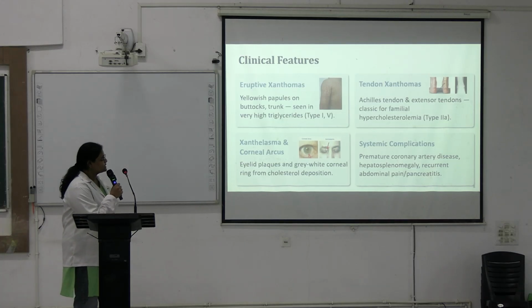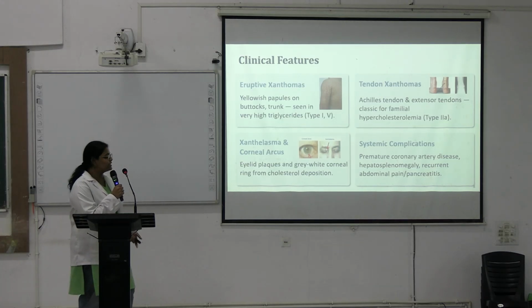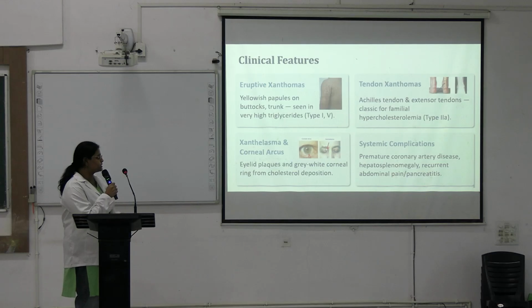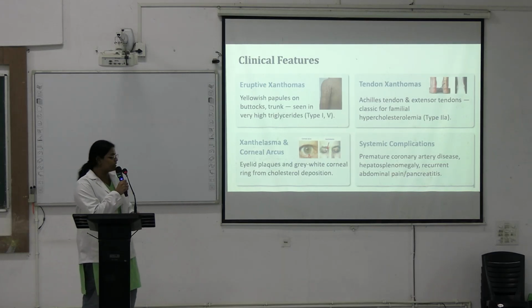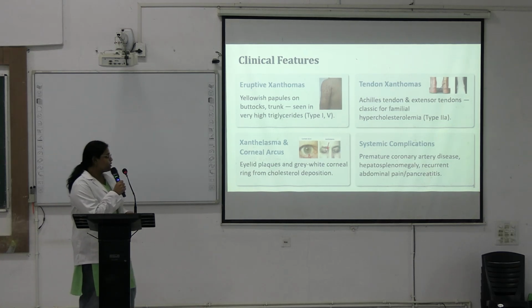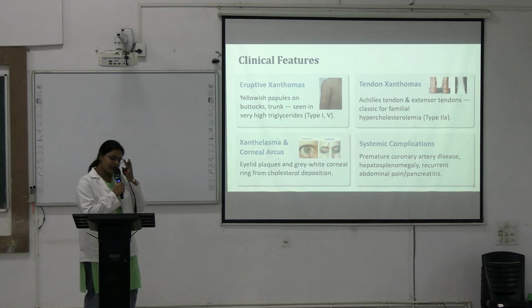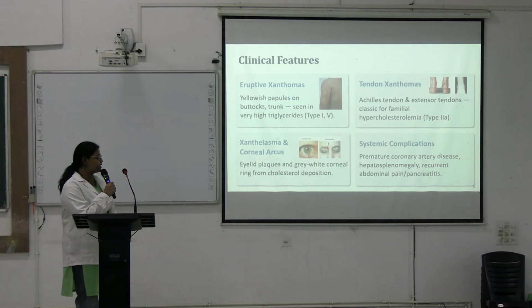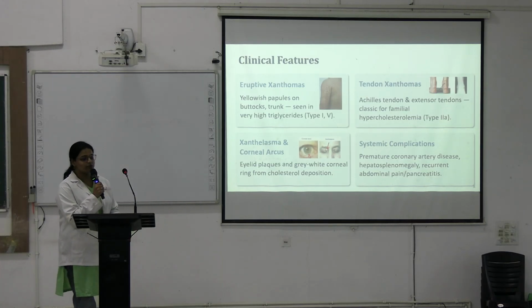Next thing we can see is tendon xanthomas. They are seen on your Achilles tendon and your extensor tendons. They are classic for familial hypercholesterolemia, type 2A of Fredrickson's. Moving on to xanthelasma and corneal arcus. Xanthelasma is eyelid plaques, and corneal arcus is a grey whitish ring around the cornea. Lastly, the systemic complications such as premature coronary artery disease, hepatosplenomegaly, recurrent abdominal pain, and pancreatitis also arise due to